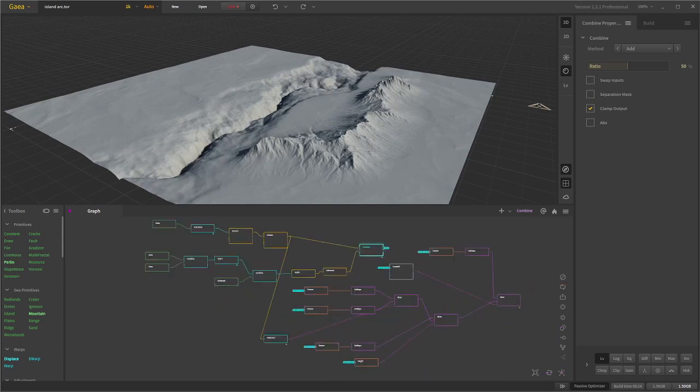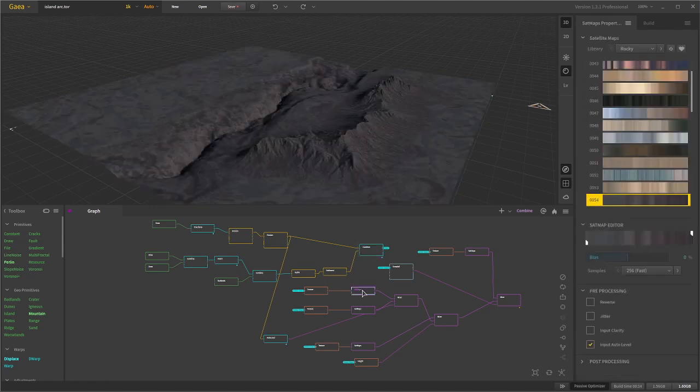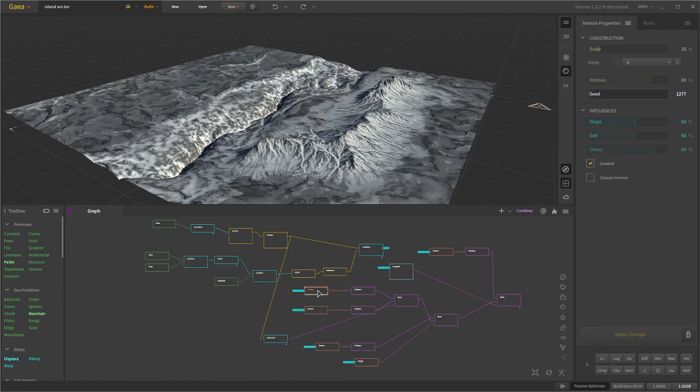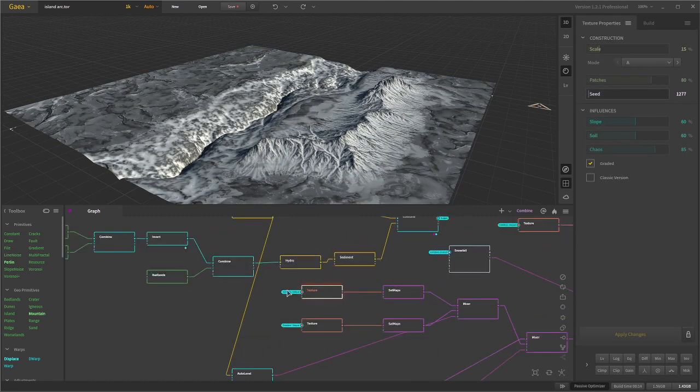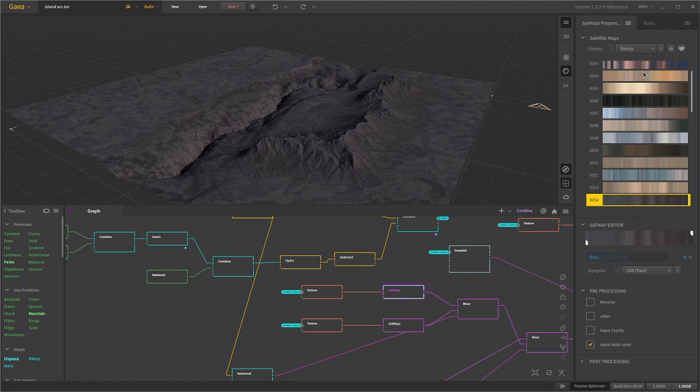For the textures, I started off with the seafloor, and for that I added the Texture node here. You see I made a portal up here and the final Combine node, which I then added to the Texture node here, and then added a SatMap and found a darkish rocky color for the seafloor.